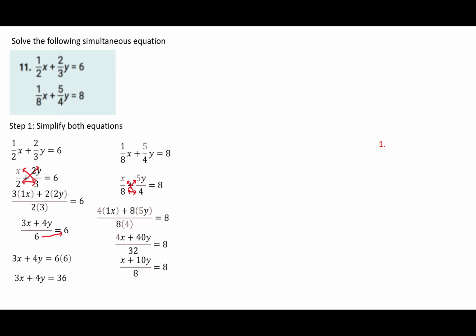Now that we have simplified our left-hand side, we get rid of our fraction by cross-multiplying. We're left with x plus 10y is equal to 8 times 8. x plus 10y is equal to 64. We have now written both equations as linear equations without any fractions, and we can solve our simultaneous equations